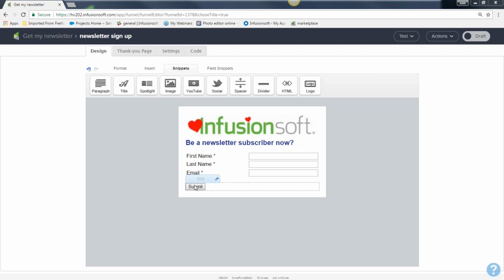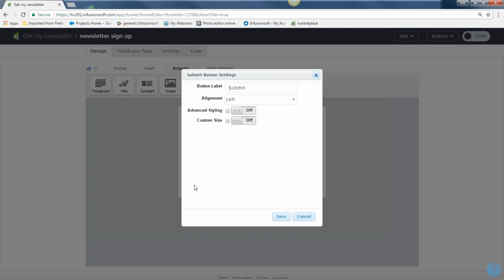To change the submit button, simply hover over it and double click. When you double click, the button builder opens up. So you should see a pattern. When you double click something, it redirects you somewhere else to be able to change it. I'm going to change this to get it now, or subscribe now, I guess. Subscribe now,